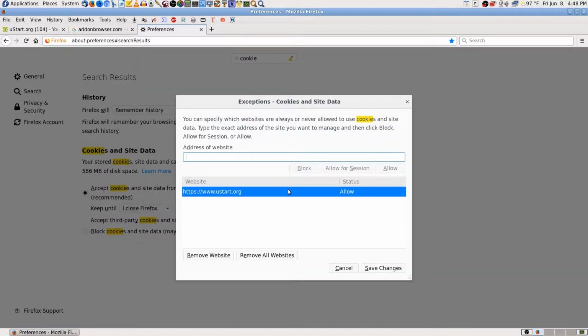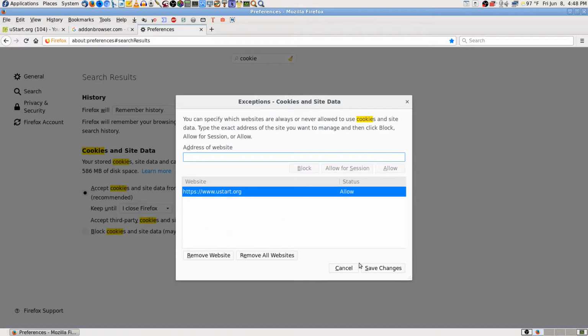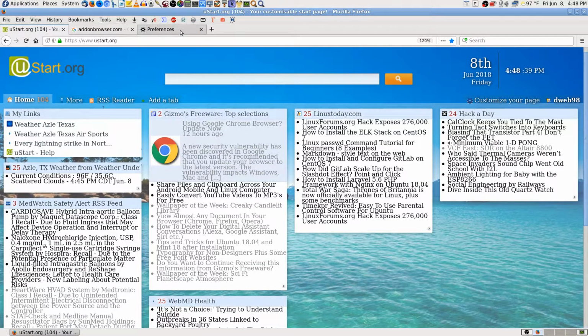Now what I did is I put my start page in. It was not automatically logging in. It was just using a cookie instead of the regular Firefox password manager, evidently. So I just copied that URL, pasted it in there, and saved it. Actually, I thought it wasn't going to work. I was still having to log in every time until just before I started this. Just now you notice it was already logged in. It finally started working right. It took about three to five open and closes of Firefox for it to get set